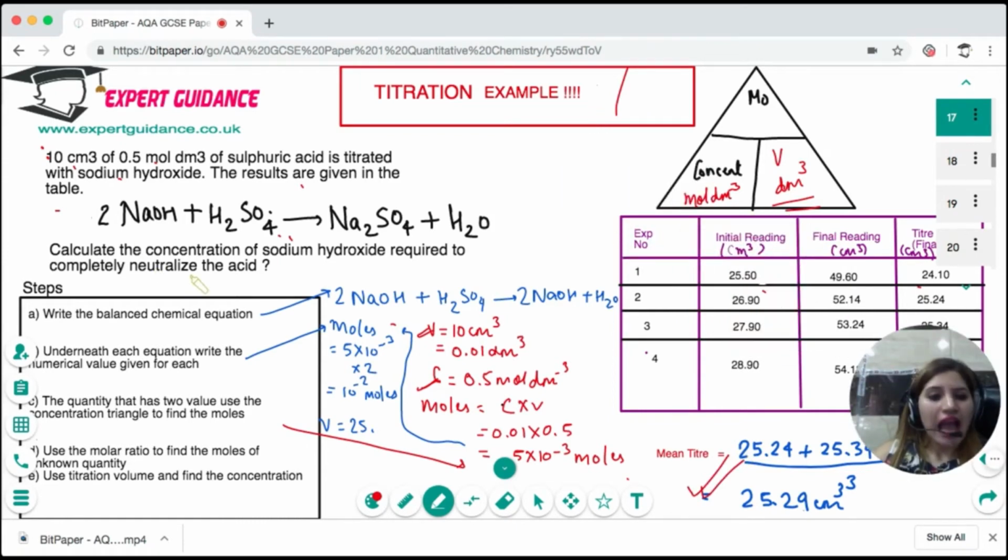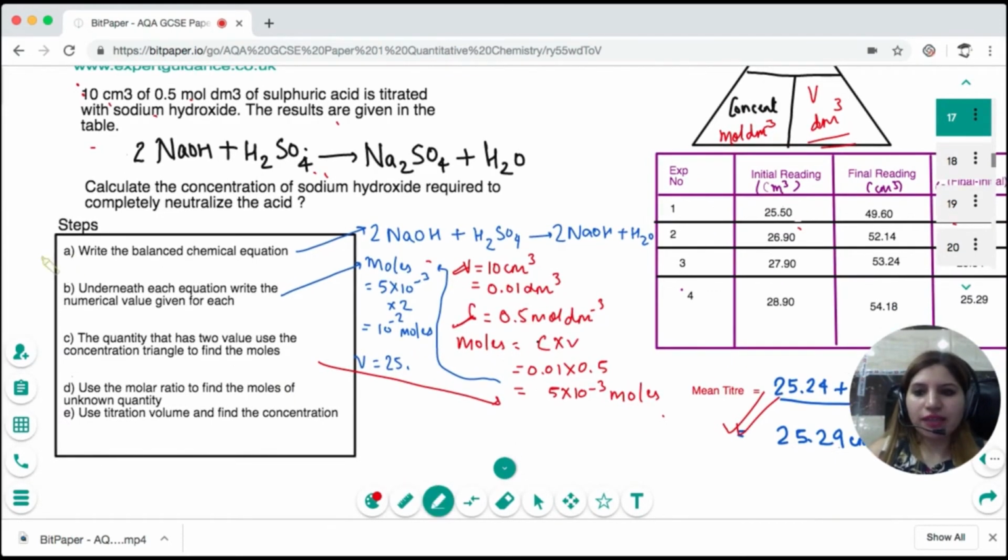So how to do the titration questions? I have listed them out in easy to follow steps. First, you write the balanced chemical equation. So this is my balanced chemical equation: 2NaOH + H2SO4 gives Na2SO4 + 2H2O. Okay, this is the balanced chemical equation. Now, always remember, either the equation will be given to you, or if the equation is not given to you, I recommend you check the video of C5 chemical changes where I've explained how to write the acid-base equation. So, NaOH plus sulfuric acid gives Na2SO4 plus water. And the molar ratio is 2:1.